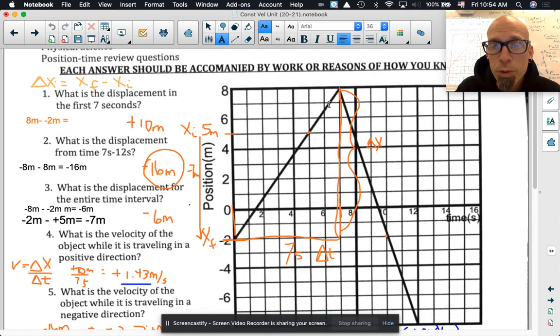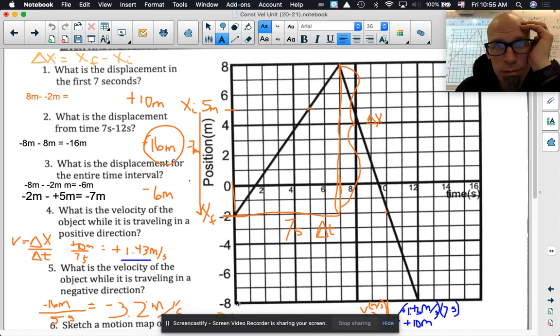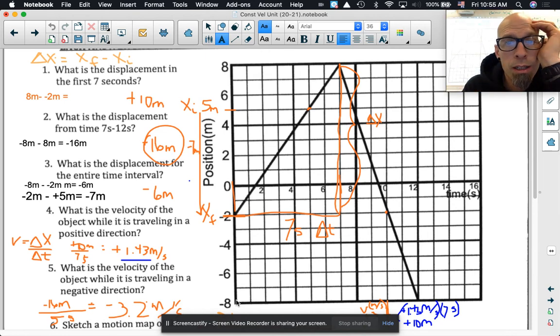Folks, I hope you're thinking right now that it's 26 meters because you went 10 out and then you came 16 back. 10 away from where you started and then 16 back. That's a total of 26 meters, all to end up only 6 meters away from where you started. You went 10 meters out, 16 meters back, just to end up 6 meters behind where you started. So distance traveled is 26 meters. Displacement is only negative 6 meters.